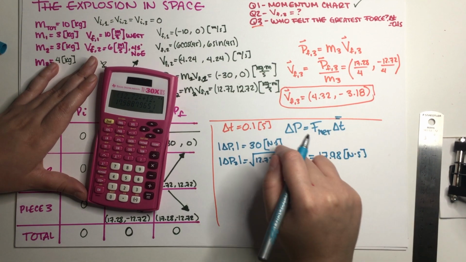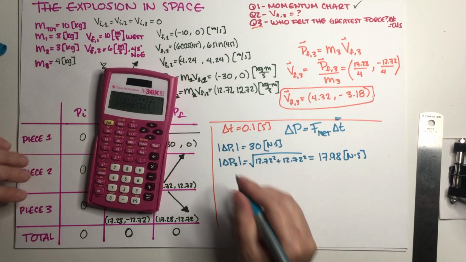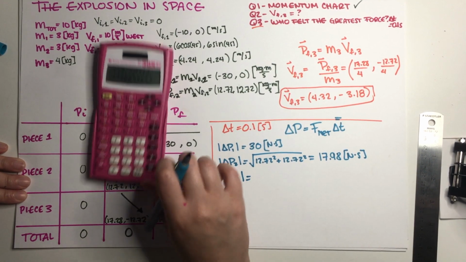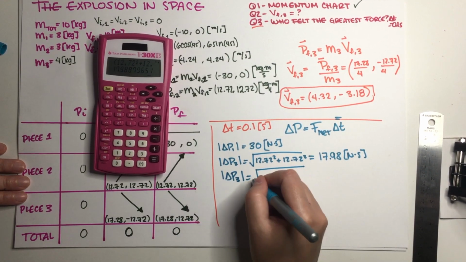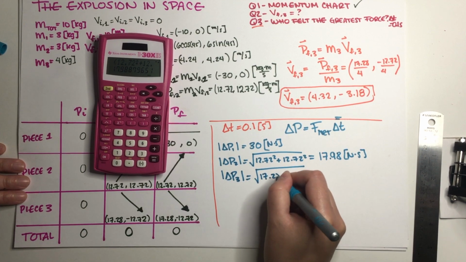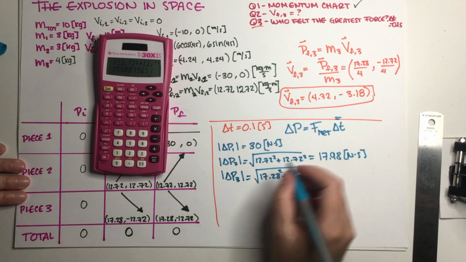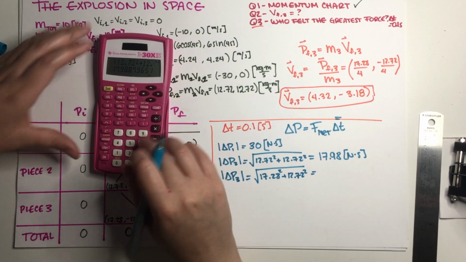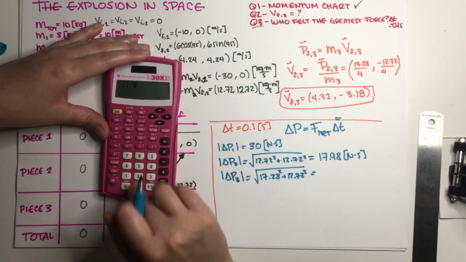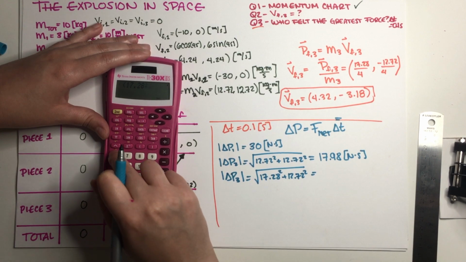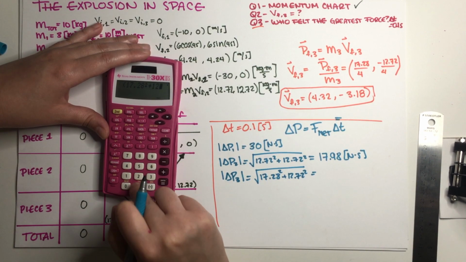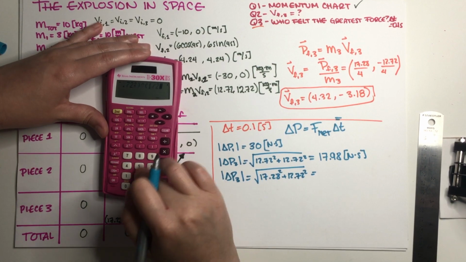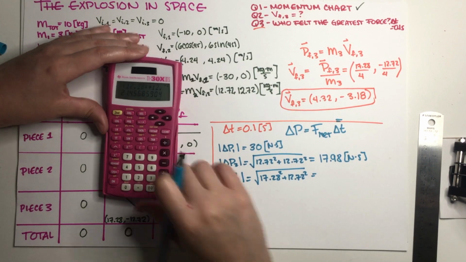So out of the first asteroid and the second asteroid, the first felt the greater force, but let's do the third one. So this is going to be 17.28 squared plus 12.72 squared. Let's go ahead and do that. 17.28 squared plus 12.72 squared, close parentheses, square root of that is going to be equal to